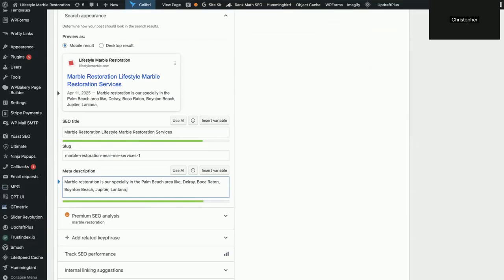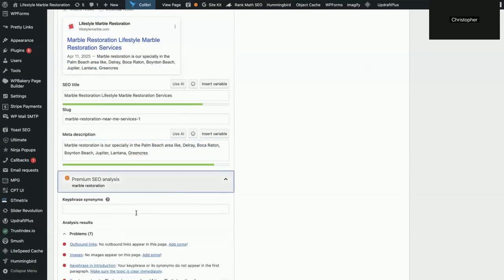These are services, these are areas I'm listing off the top of my head. We don't even have pages for all of these, which we should, and we will. But just having the page means nothing. This was actually the most important, and this takes time. Key phrase synonym, so we'll do